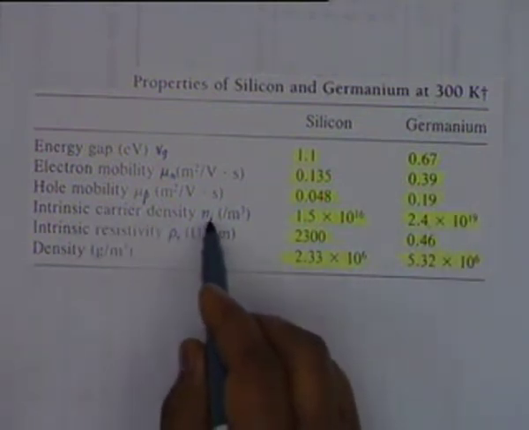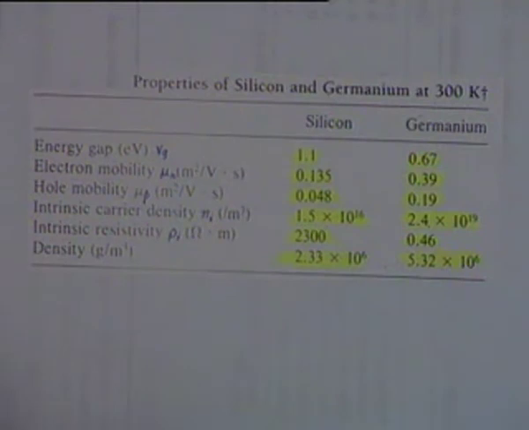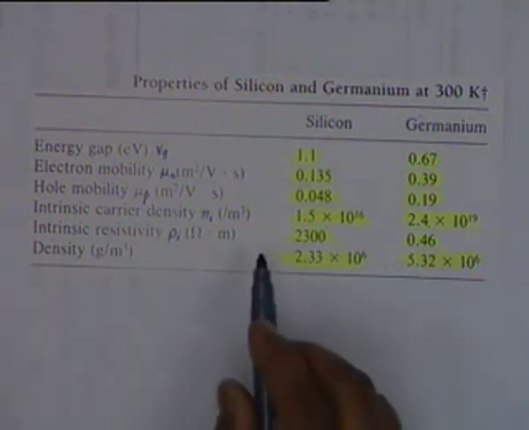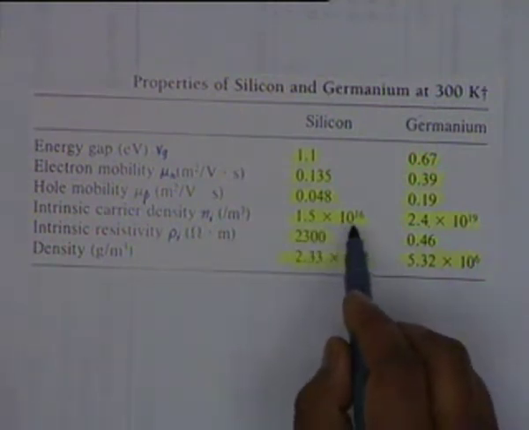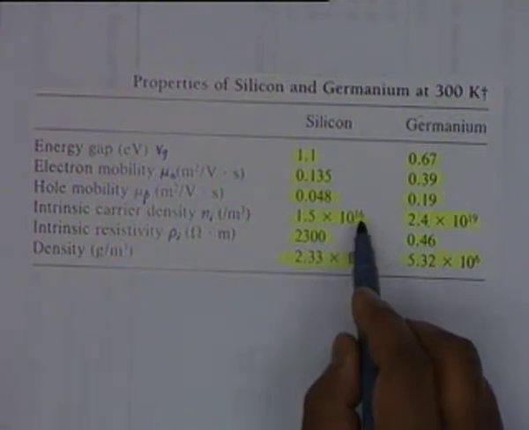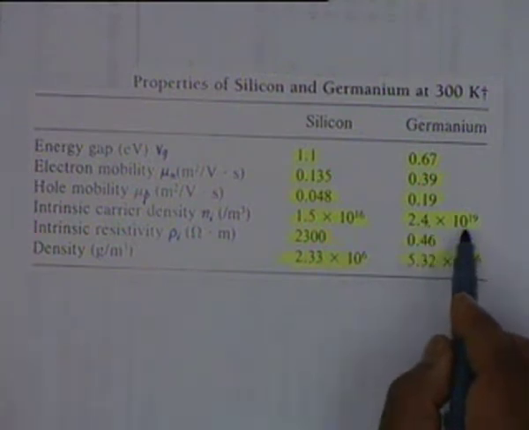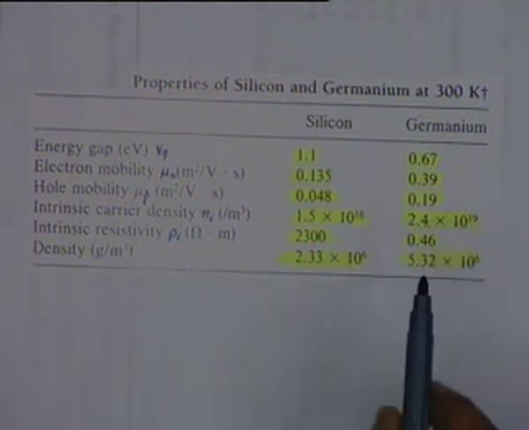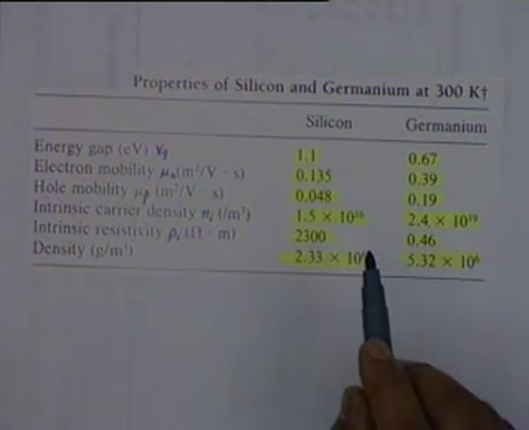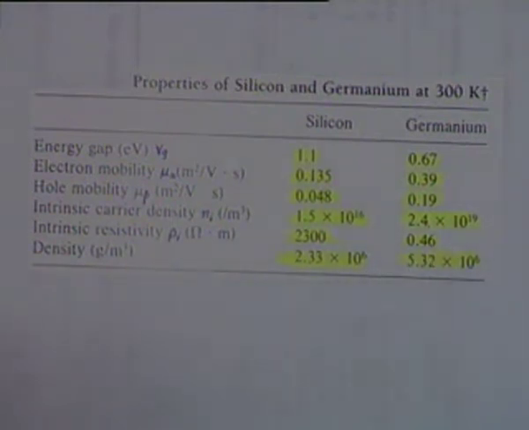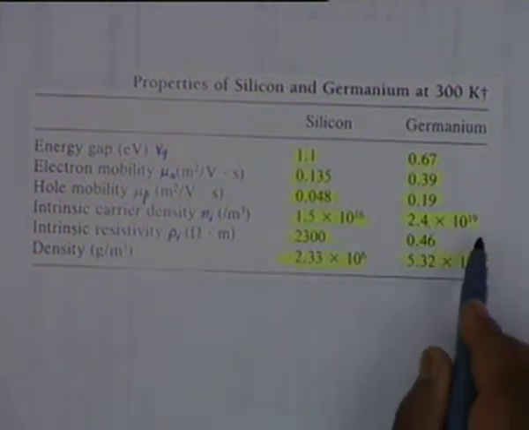The intrinsic carrier density, which we have just defined, Ni, that is, if the semiconductor is pure, then you shall have 1.5 times 10 to the 16 electrons per meter cubed in silicon, and 2.4 times 10 to the 19, 3 orders higher, in germanium. Even then germanium is not preferred. The reasons shall be clear later. But anyway,